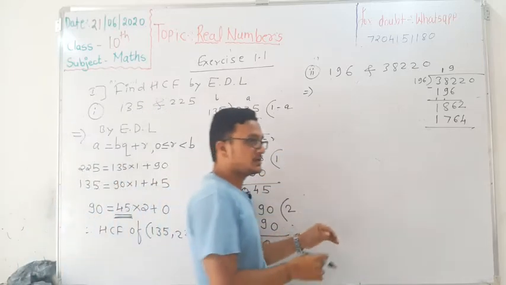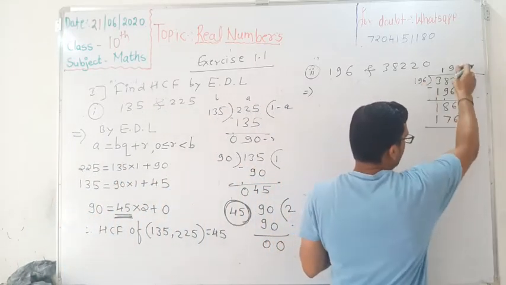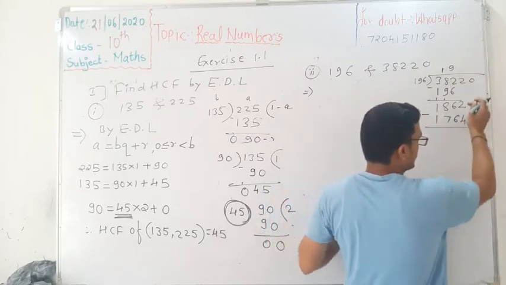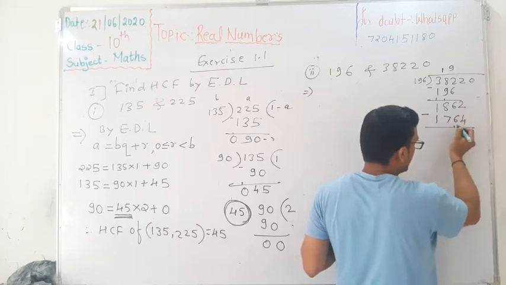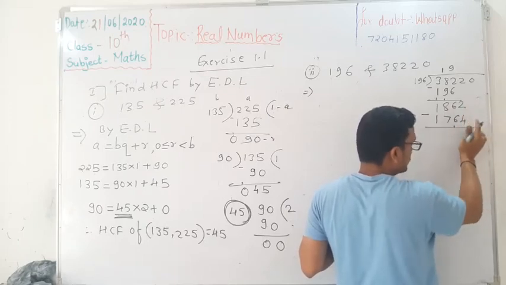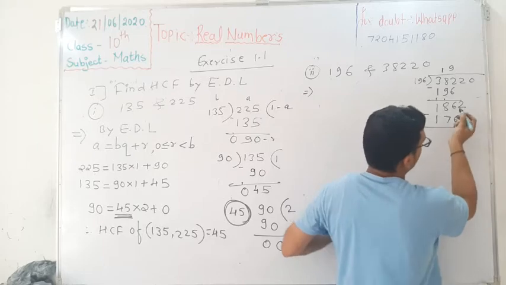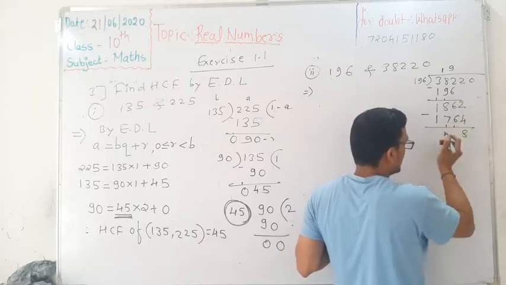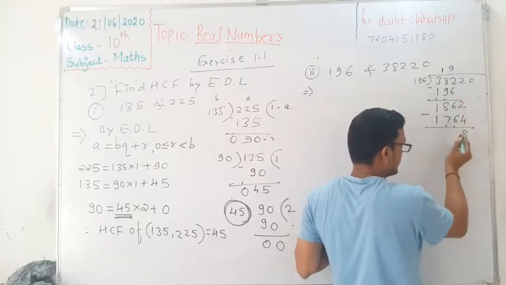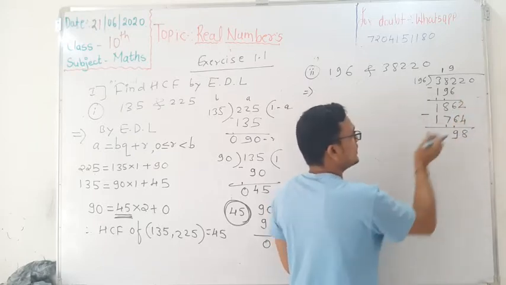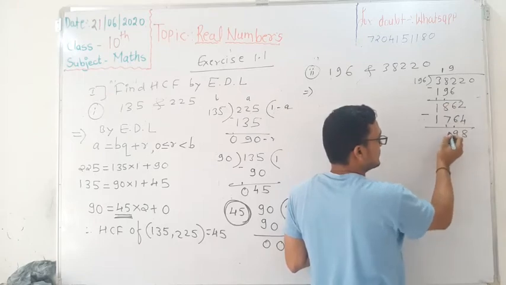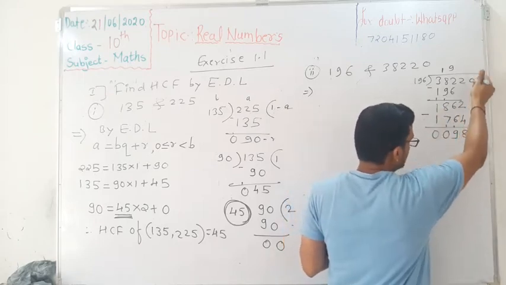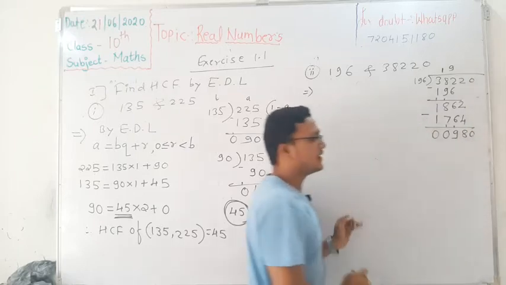1764. Okay, you can just check it later. 196 into 9, it will be what? 1764. Again we have to do the subtraction of that. 2 minus 4, which is not possible, carry 1, so it becomes 12 minus 4, it is 8. Next again 6 minus 7 now, which is again not possible, again carry 1. 16 minus 7, I think it will be 9. Next 8 minus 8, it will be 0. 1 minus 1 is 0. Now take this 0 to the remainder now.